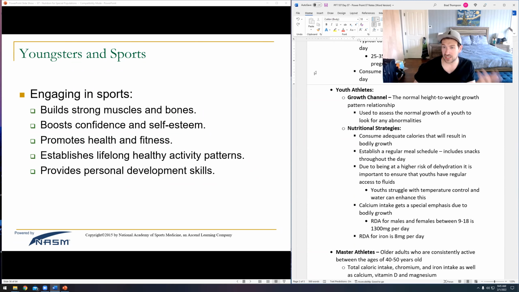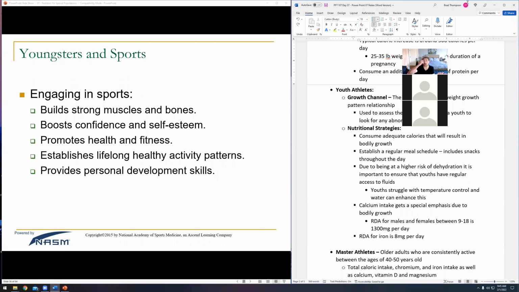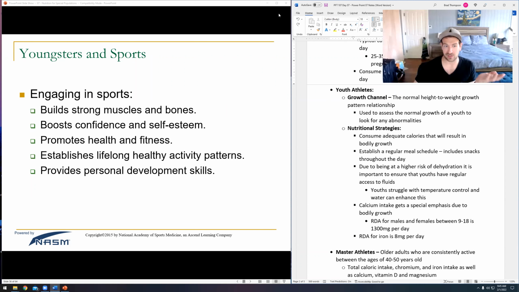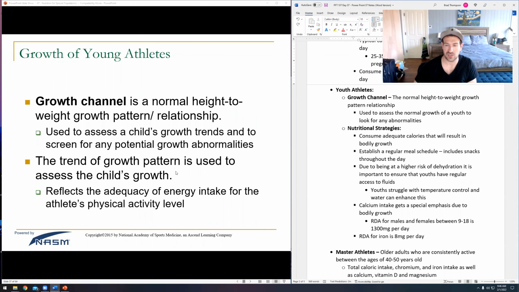So physical activity is so freaking good for youths. It helps build strong muscles, strong bones. It can psychologically have very positive benefits on confidence, self-esteem. And this is something you're going to hear me say a lot next module: the main reason we work with kids, we're not trying to make the world's greatest youth athlete. Really, we're just trying to create a little human that's going to grow up into a big human with healthy lifestyle choices. We're trying to help them develop lifelong activity patterns. That's what we're going for most of the time.